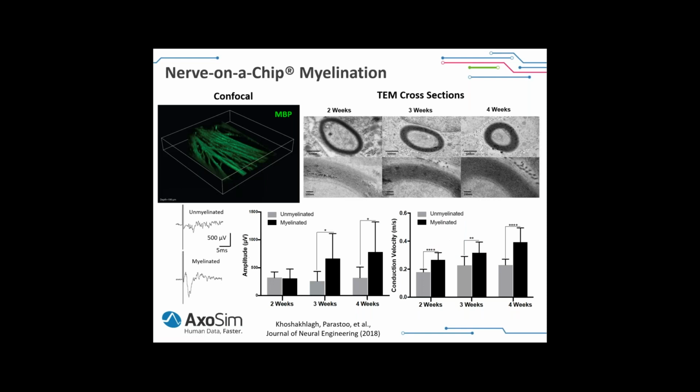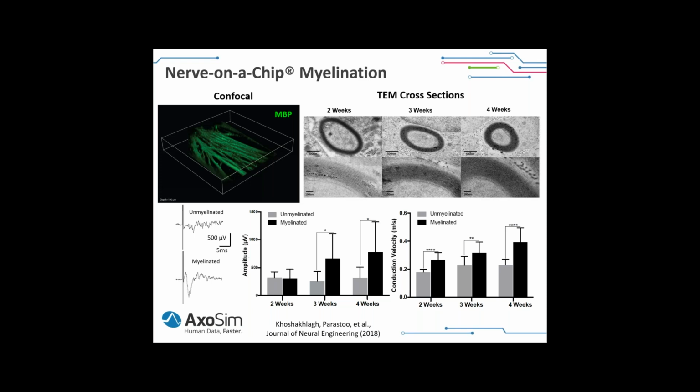Again, I mentioned already this myelination being a very unique part of our system, and a very important part, because myelination is really what causes the function of your system to work the right way. And a lot of rare diseases have disruptions in this myelin, which means functionally, your signals get weaker as they're transmitted through your body, and sometimes they're even fully interrupted as this myelin degrades. So what we did here and published last year through Tulane University, who we maintained a partnership with, is we see that in about 4 weeks,